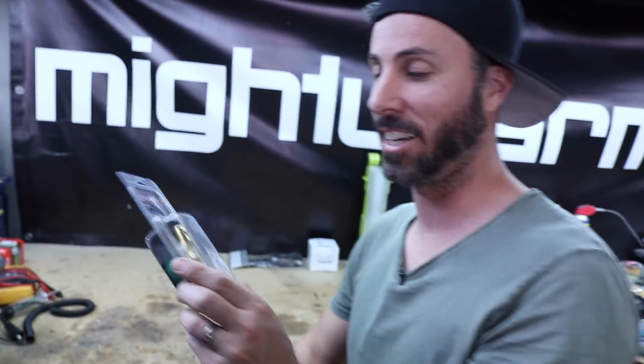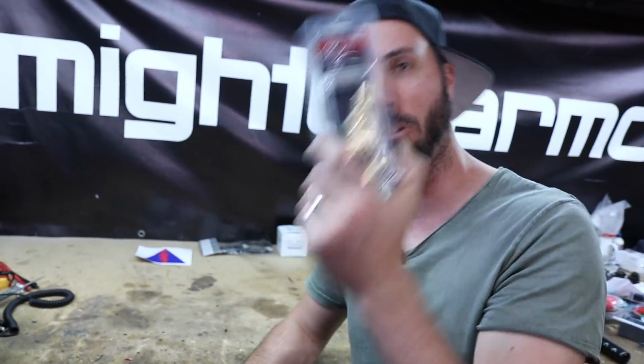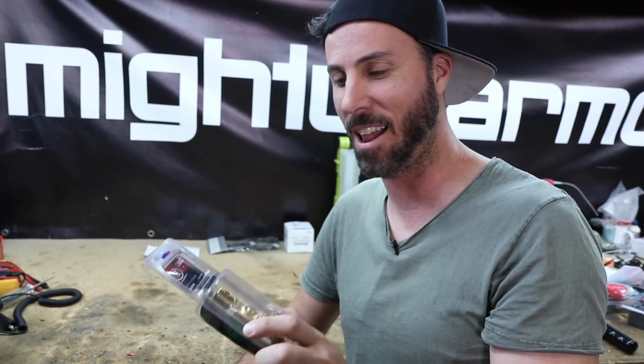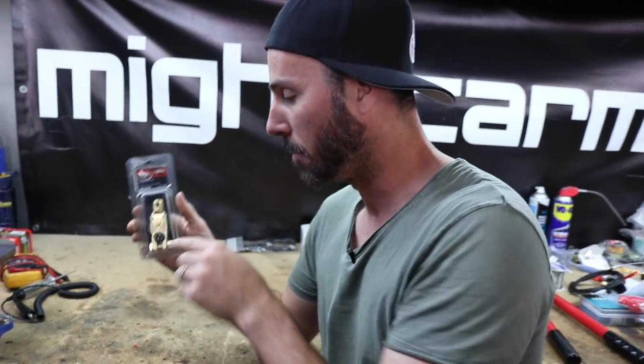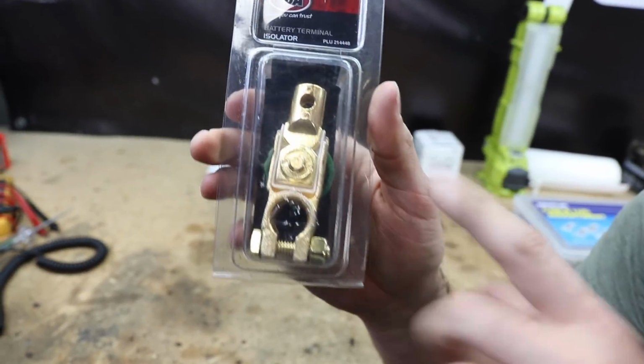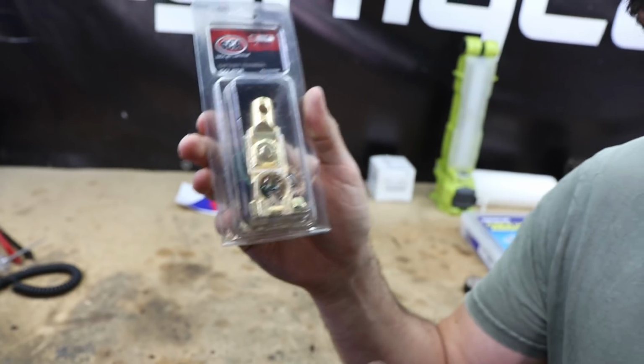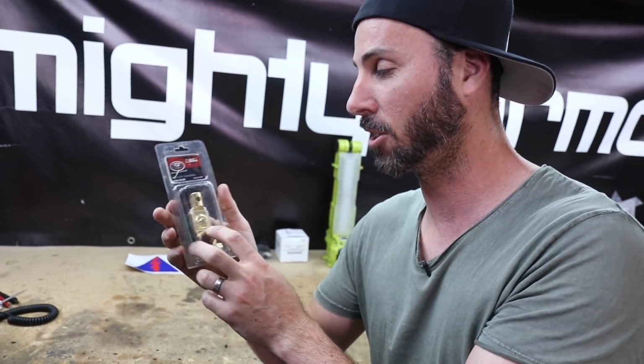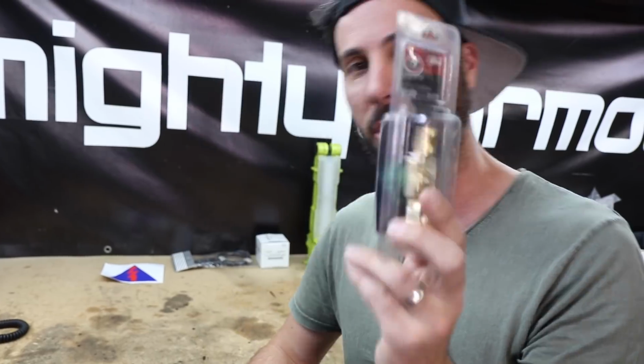So this here is a battery terminal isolator. This is basically a switchable version of pulling your negative side off the battery. Battery loves it, but when you're getting your tool on here and you're smashing it round and round, putting it on, putting it off, after a while this can get a bit grot. You've got to keep a tool in your car. This is just a super clean, switchable way of doing it. And it's just so easy